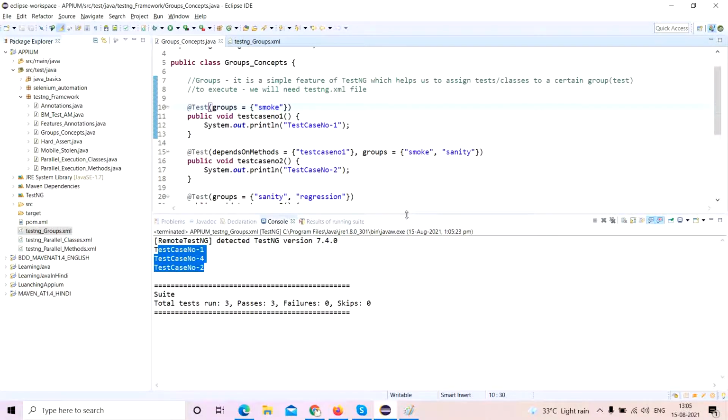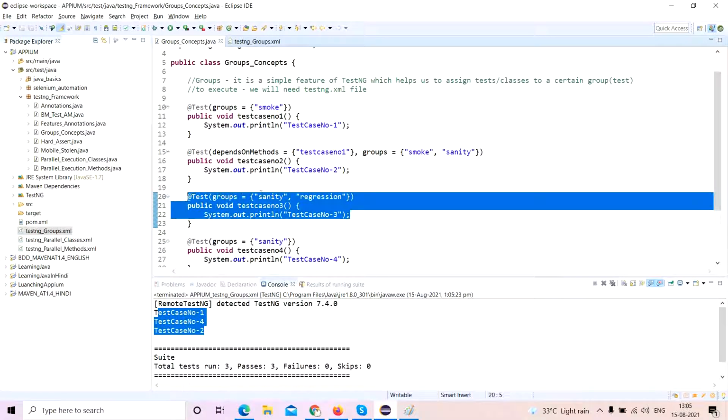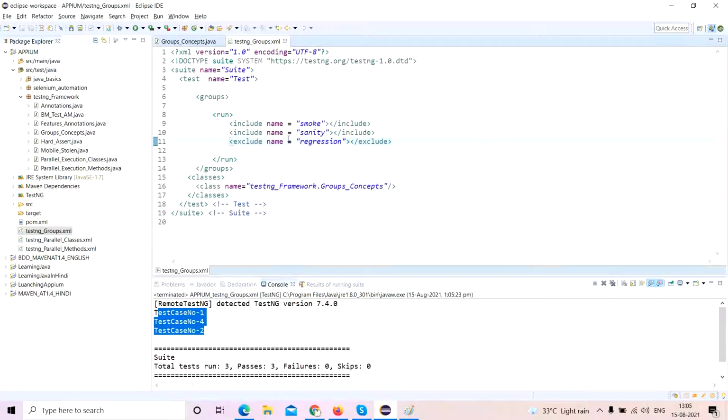Why are 1, 2 and 4 executing? 1 has smoke inclusion, so that is fine. 2 does not have regression, so it is working fine. The third test case will not get executed even though sanity is included, because it is excluding regression. So the moment you use exclude, this will take a higher priority than include.